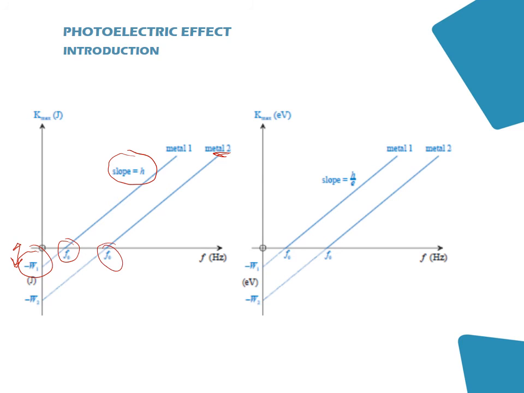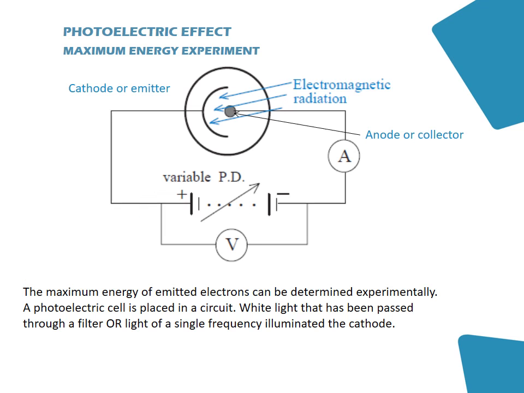It has a particular threshold frequency for that metal, and it also has a very specific work function for that metal. So if we're looking at the graph on the left, we can infer that metal 2 requires a greater amount of energy of incident photons to actually release electrons because its work function is a lot further down on our y-axis. One of the things we need to be able to do is to talk through an experiment